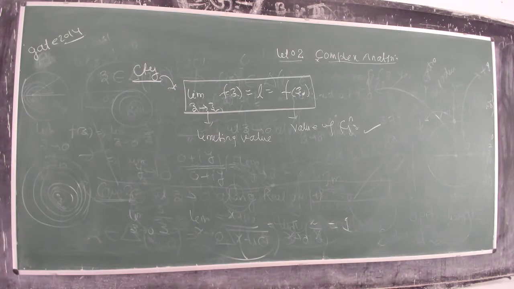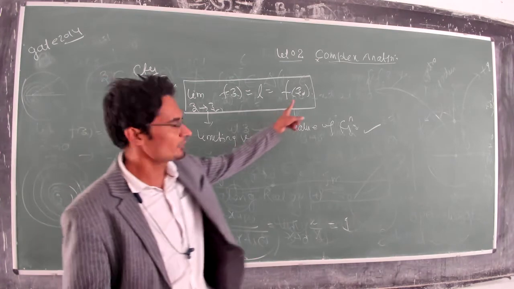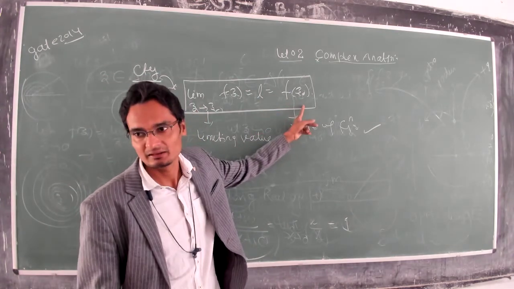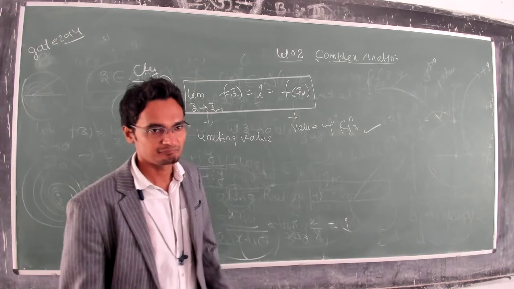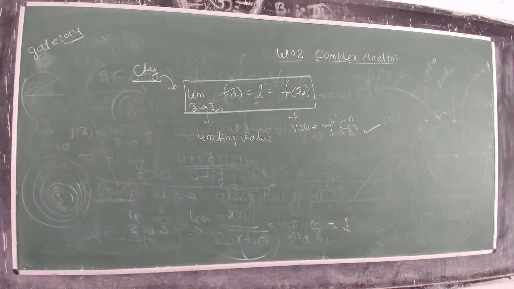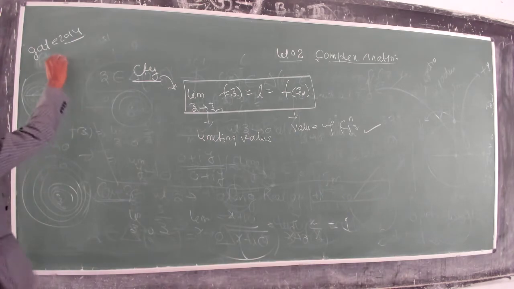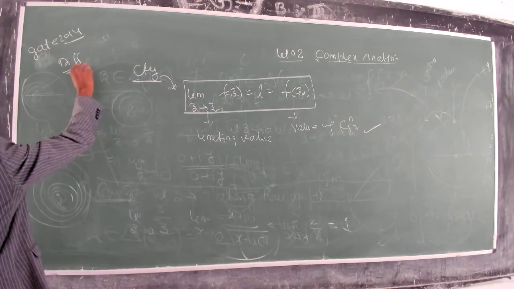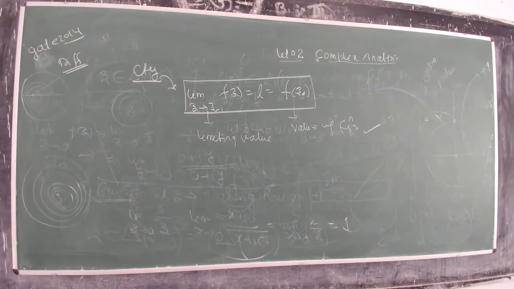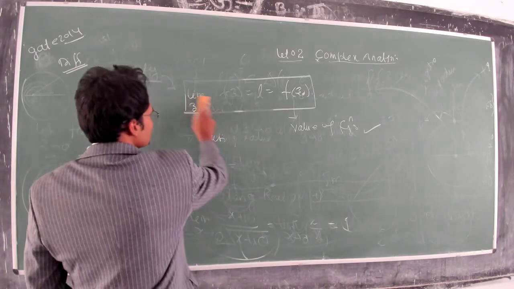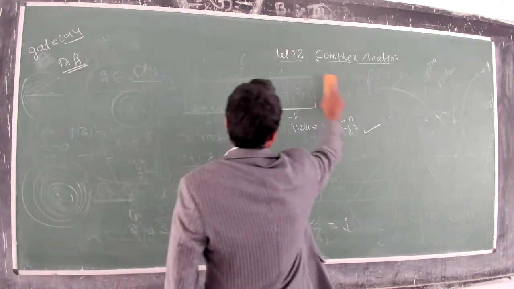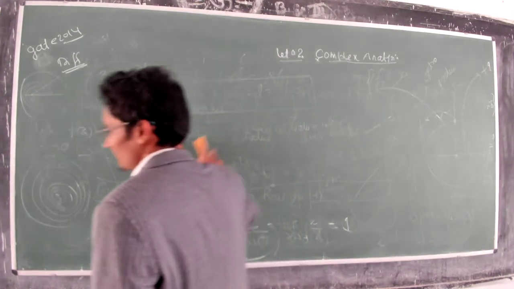So previously you had seen some questions where the limit does not exist, and that directly implies it is not continuous also, right? Because continuity demands one more condition: the L should be exactly the value of the function. Okay? So another very important term is known as differentiability. Differentiability in complex analysis.